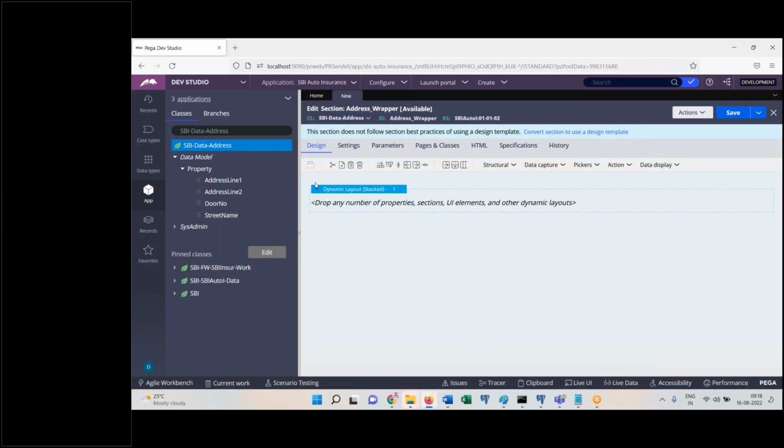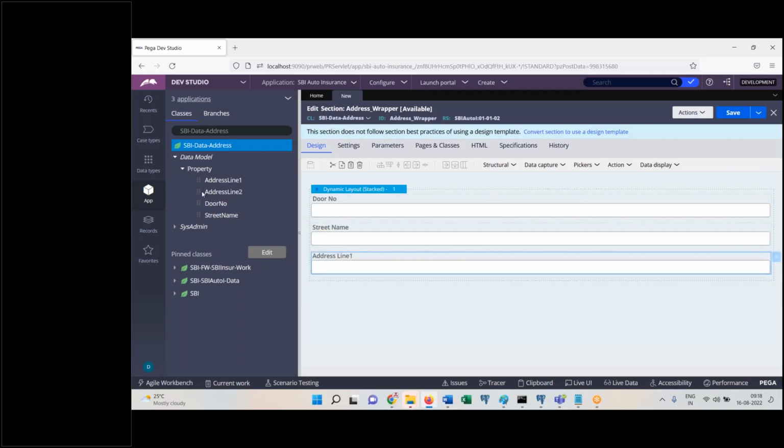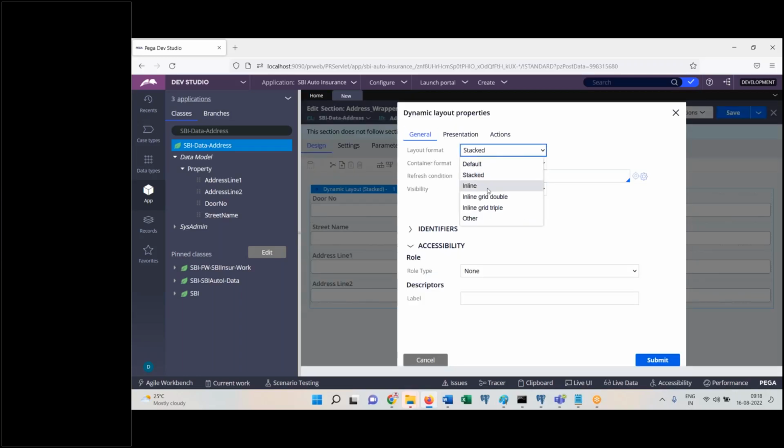Okay, so you can directly add properties. Drag and drop is also possible. So mapping controls is okay. You can drag and drop properties like this. Anything is okay. That's up to you. So this one,